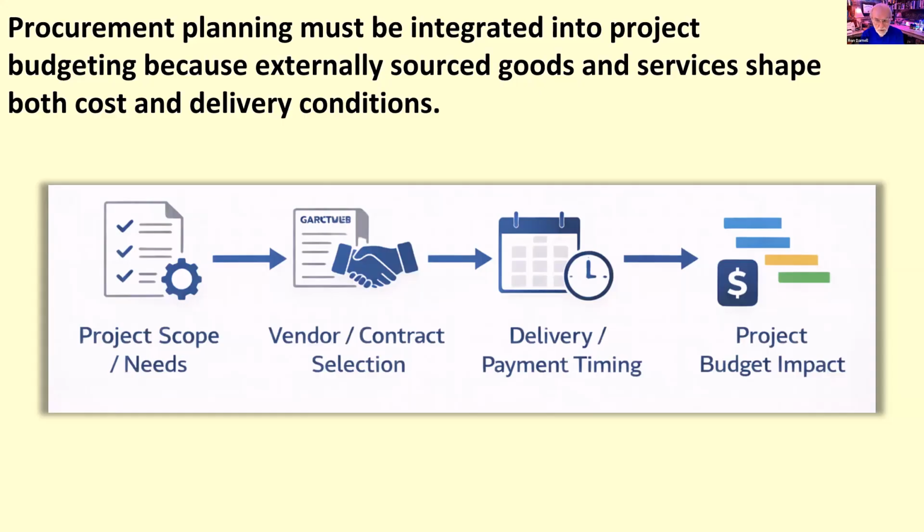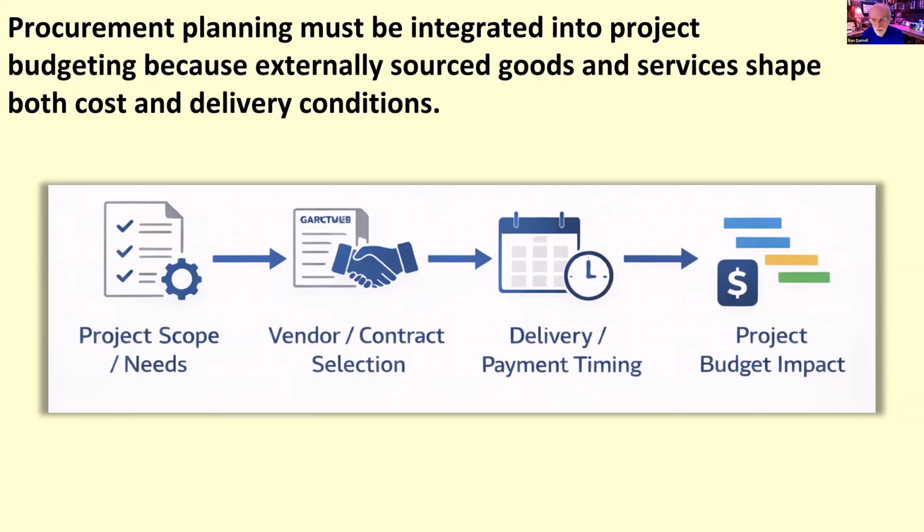Projects often depend on externally sourced goods, services, tools, contractors, or specialized expertise. And that's where procurement planning becomes an important part of budget development, procurement planning or sourcing strategy. Procurement matters because it creates direct financial commitments. Once the project decides that something needs to be purchased, contracted, leased, or outsourced, that decision becomes part of the